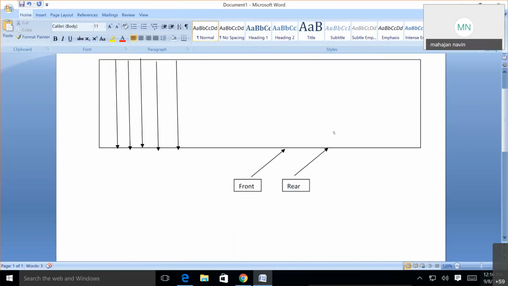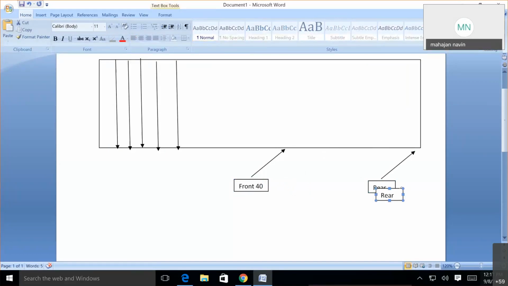Now after inserting some more elements, after the 40th, if I insert some more elements and it is full now. So front is pointing to the 40th element, and rear is at the 99th position, which is our max.